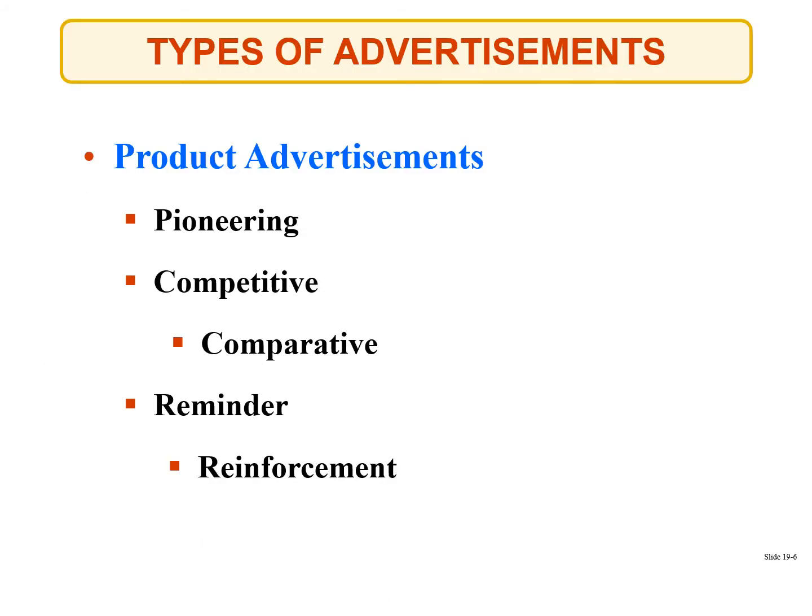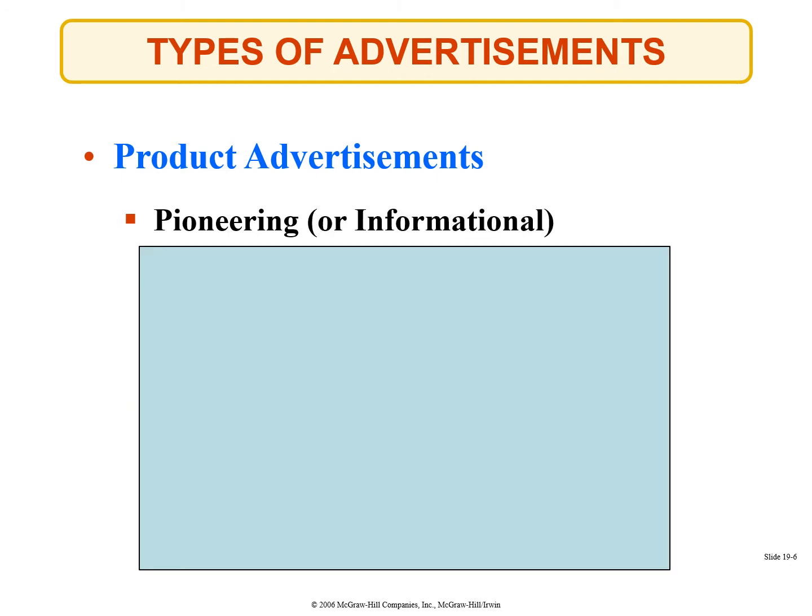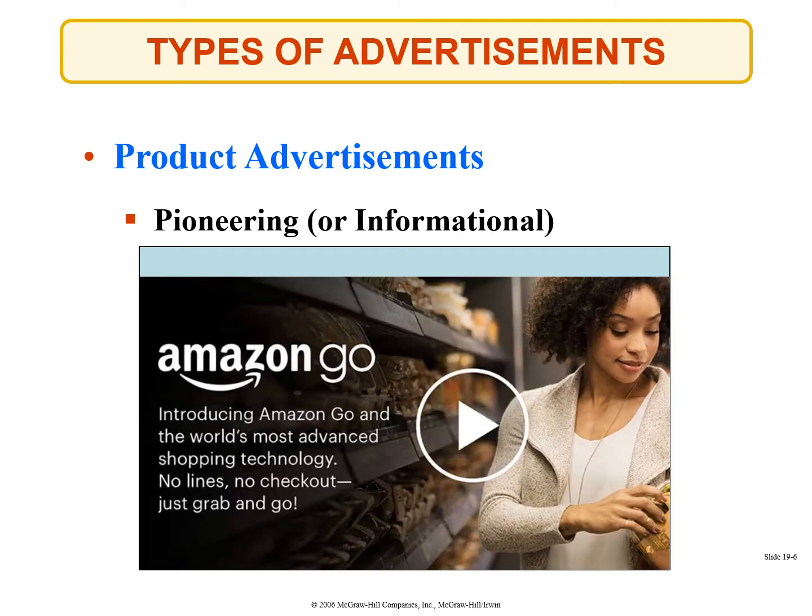So we're going to talk about the types of advertisements broadly, about product advertisements and also industrial advertisements later on. But here, starting off with product advertisements, we're going to talk about all of these. The first one is pioneering or informational, which basically means that we provide some information about the product in that